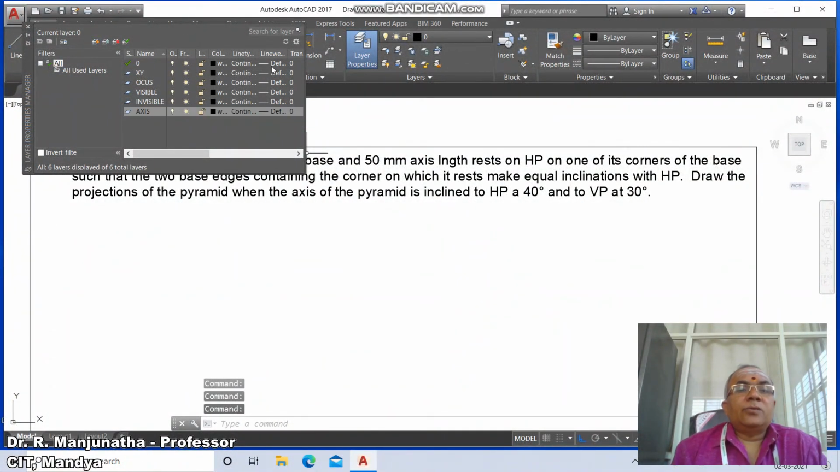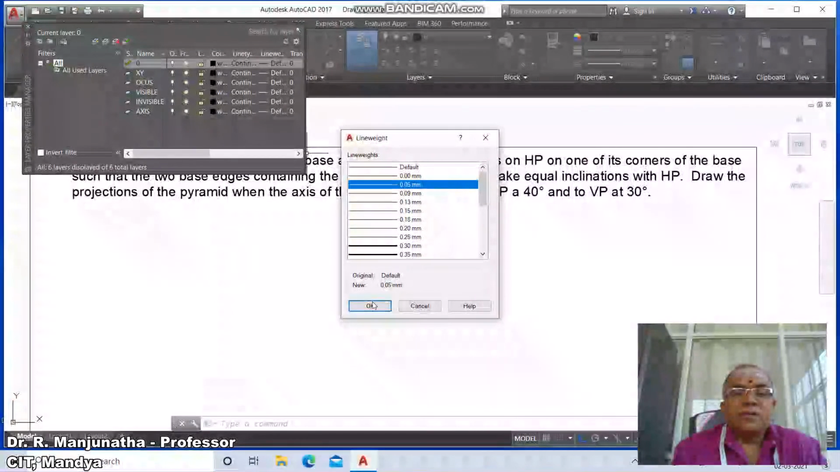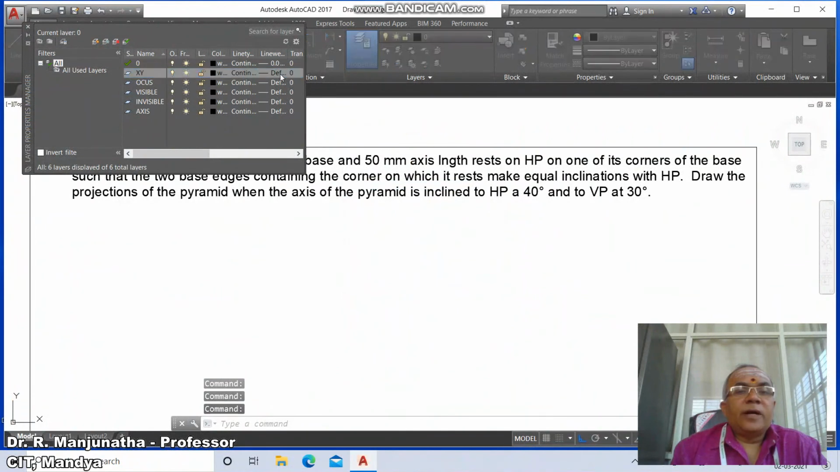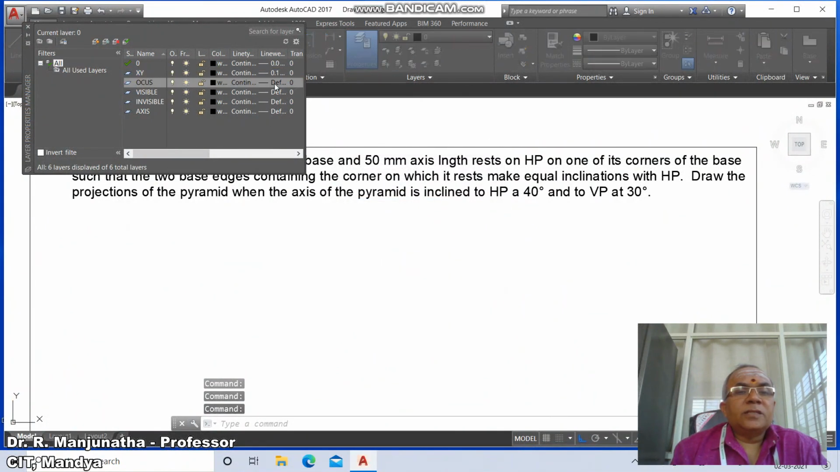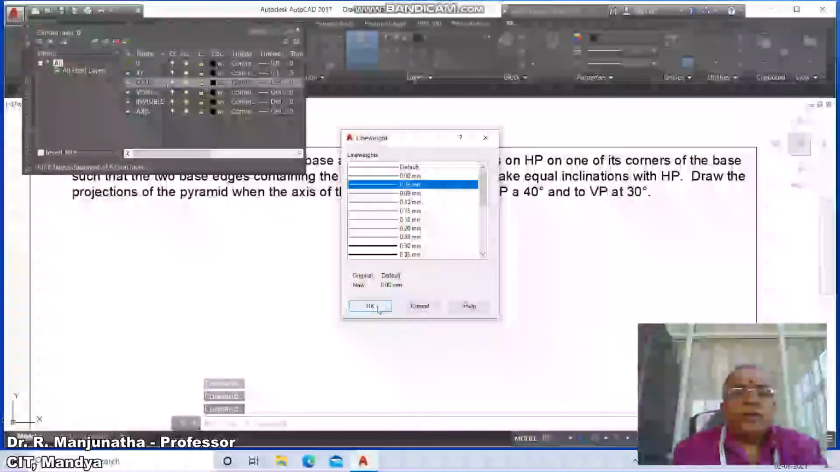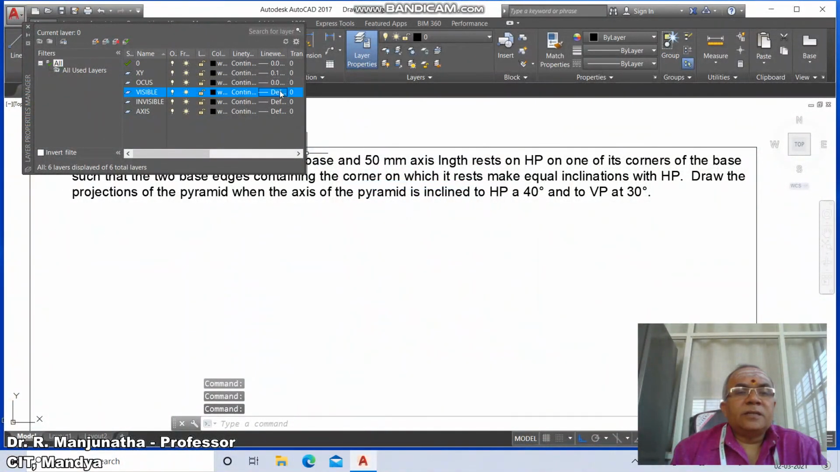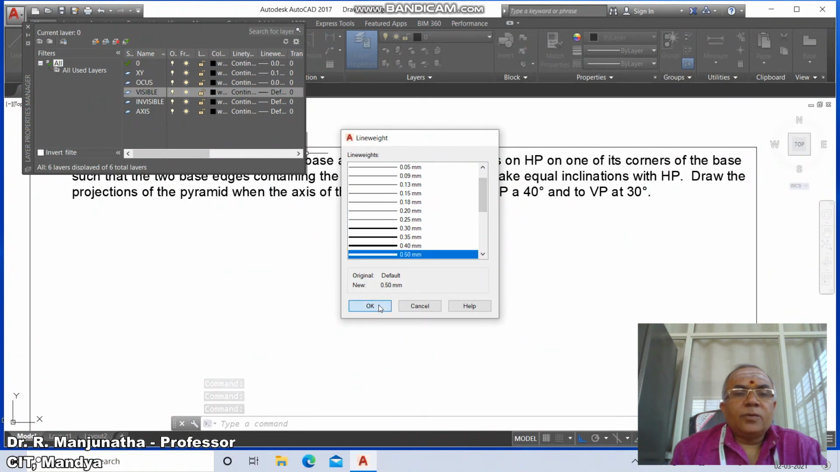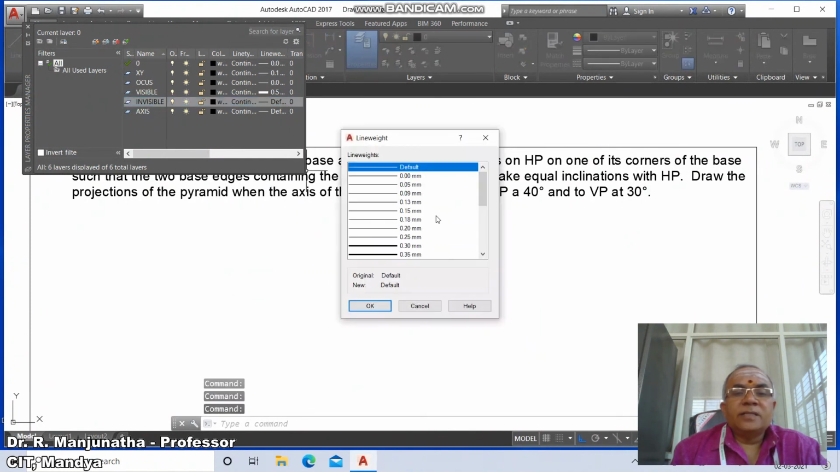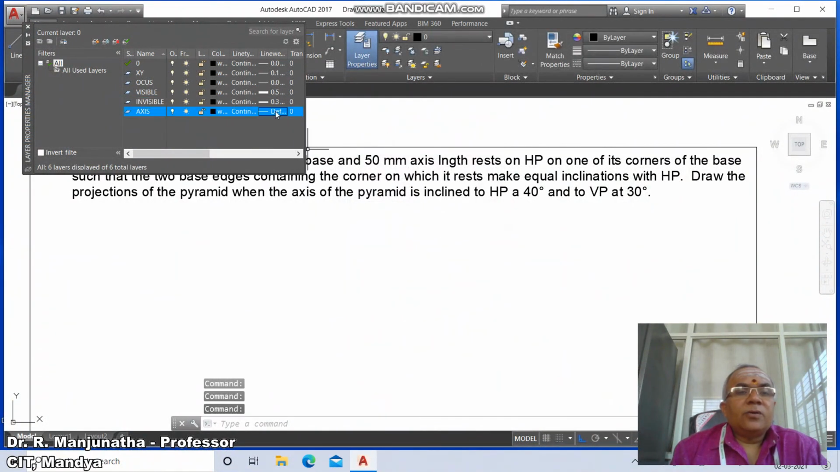Then go to layer 0, click on the default line weight of 0 and make it 0.05, and again XY make it 0.13. Select the default layer of locus and make it 0.05 and say visible edges layer line weight as 0.5 and then say OK. Then go to invisible edges, make it 0.3 and say OK, and again click on the axis,